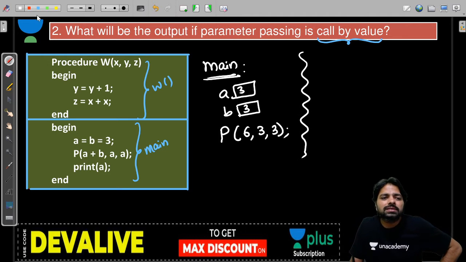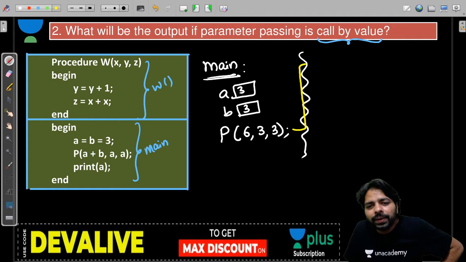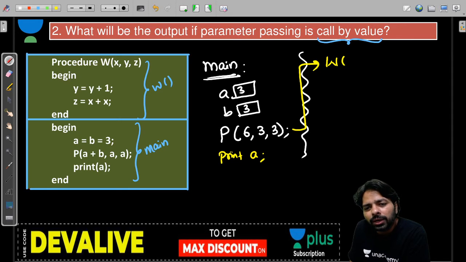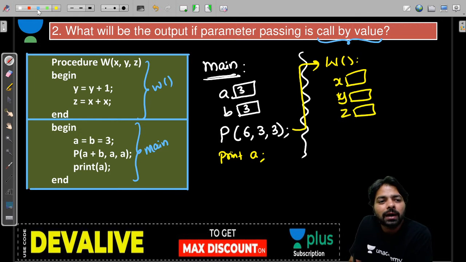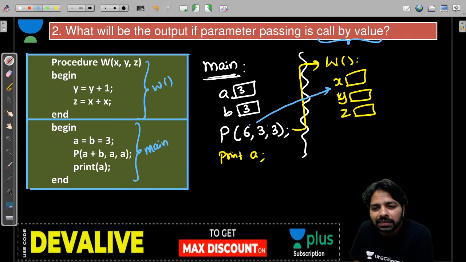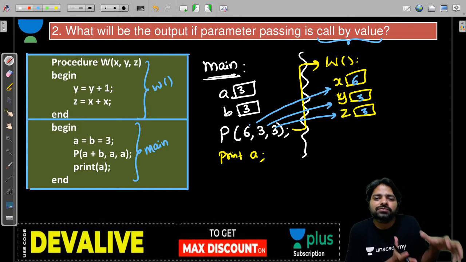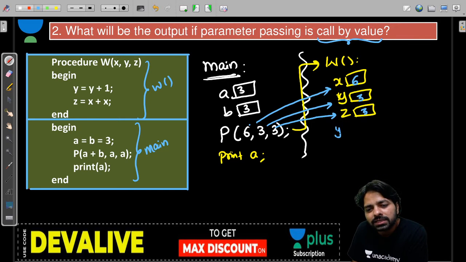तो वैल्यूज पास होगा गाइस, एड्रेस पास नहीं होगा। तो पी, इसके बाद आपको याद रखना है प्रिंट ए तो करना ही पड़ेगा आपको, है ना, प्रिंट ए करना पड़ेगा। तो डब्ल्यू के अंदर कितना वेरिएबल्स है? एक्स एक है, वाई एक है और जेड भी एक है, लेकिन आपको ऑर्डर आइडेंटिफाई करना गाइस। ये 6 है, एक्स में जाएगा, ये 3 है, वाई में जाएगा, ऑर्डर इज इंपॉर्टेंट, दिस 3 विल गो टू जेड, मतलब यहां 6 आएगा, 3 आएगा, 3। वी हैव 3 वैल्यूज आर पास्ड फ्रॉम मेन टू डब्ल्यू, एंड देन आपको y इज इक्वल y प्लस 1, मतलब 3 4 बनेगा, एंड z इज इक्वल x प्लस x, 6 प्लस 6